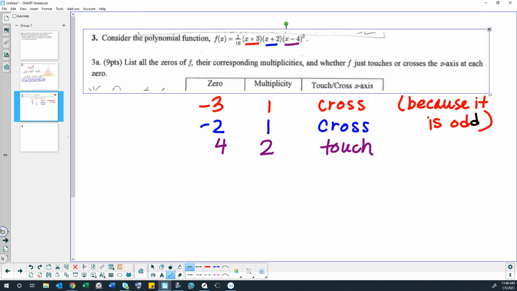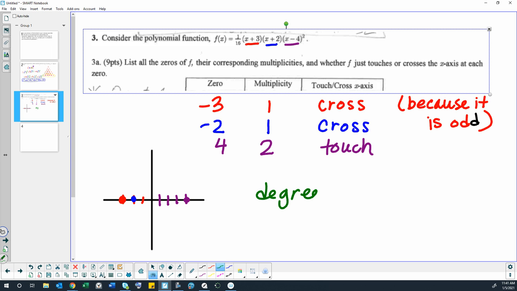So then when we go to graph this, let's throw our points in there. So we'll have one at -3 here, have one at -2 here, have one at +4 here. Let's look at our degree. So the degree of our polynomial is 4, and the leading coefficient, which is 1 over 16,